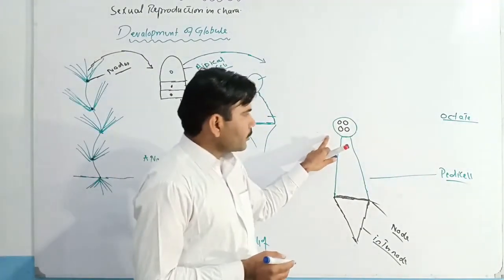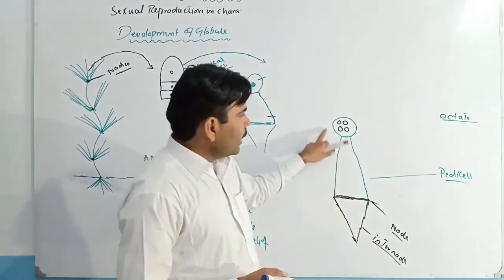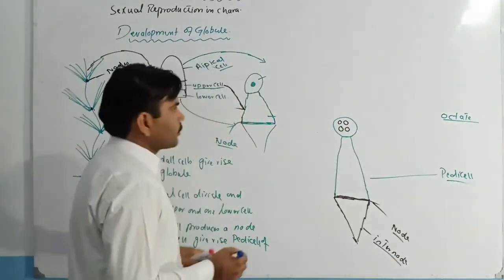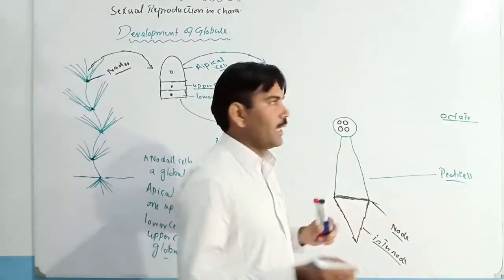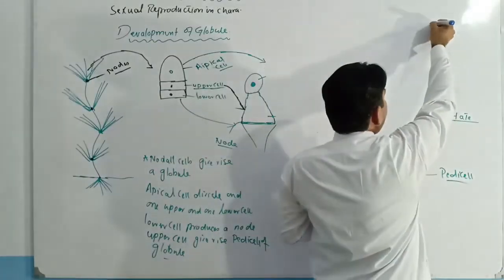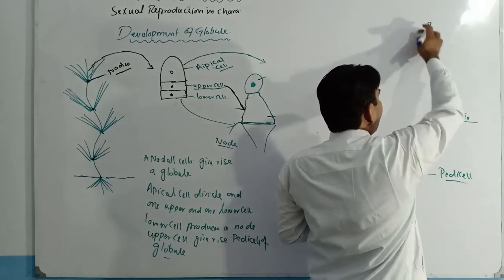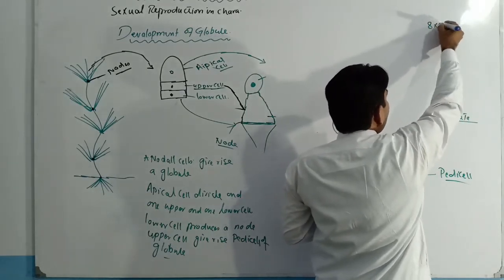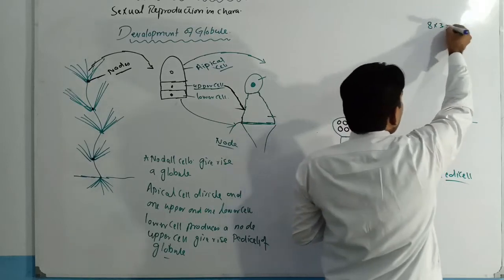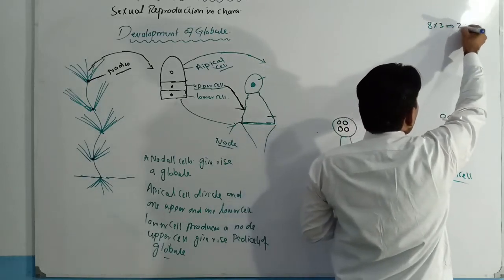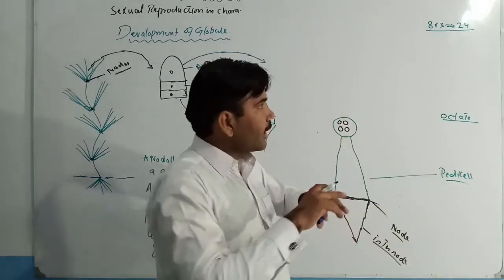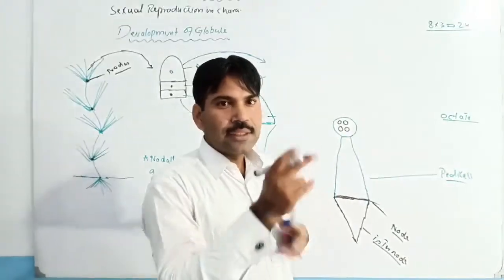Now here is the time: each cell of this octet will divide and produce 3 cells. It means there are 8 cells, and all 8 cells will each produce 3 cells. It means the total number of cells will become 24 cells, and these cells are arranged in 3 layers, 3